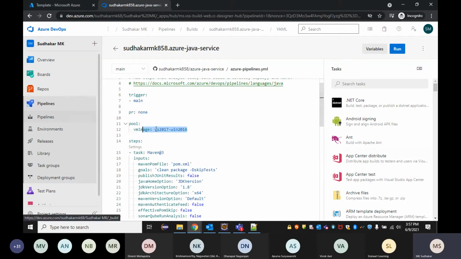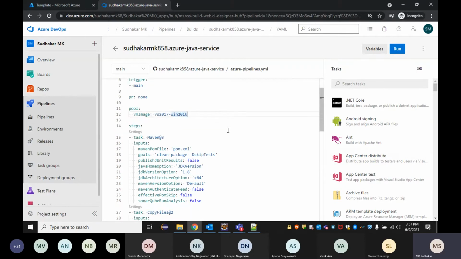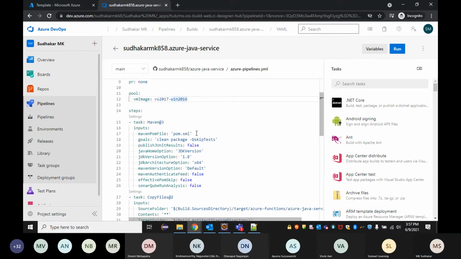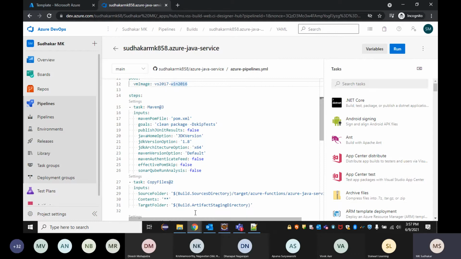And where it has to run, it is going to run on a Windows machine, which is an Azure hosted machine. So automatically it runs on that in parallel. Now, the main steps come here. The first step is building the Maven project using the POM XML, so that it builds the complete project without any errors. If there are any compilation errors or dependency issues, it throws them automatically in this step and we can fix that. To make sure there are no compilation or dependency errors, we are going to build the project.